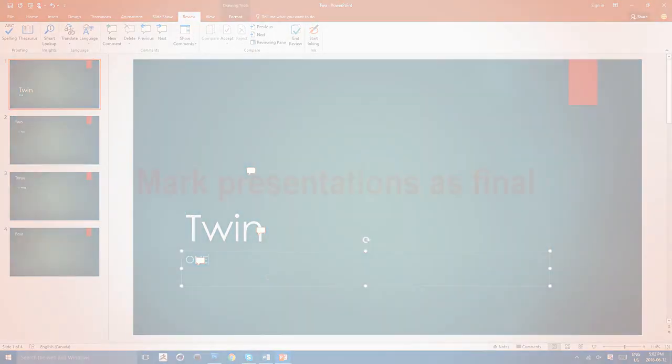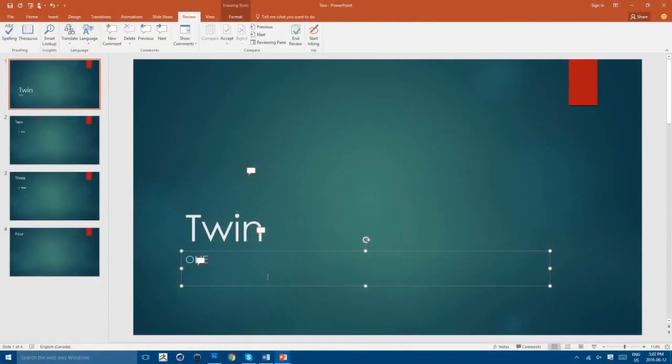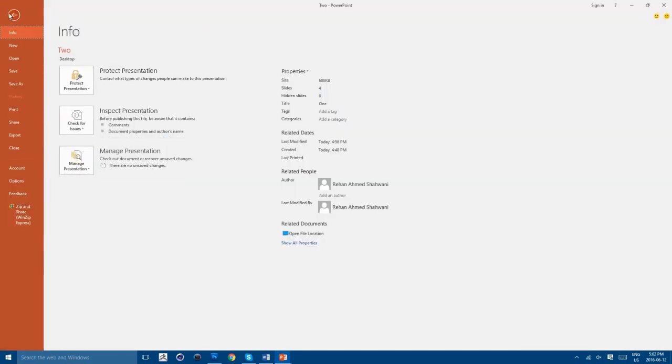Okay. Up next, on how you can mark your presentation as final. Marking your presentation as final shows that you are discouraging other people from editing your document. It is a good way to block unwanted access to your presentation. So you want to go to File if you want to mark it as complete or final. You want to go to File, you want to click on Info, and you want to click on